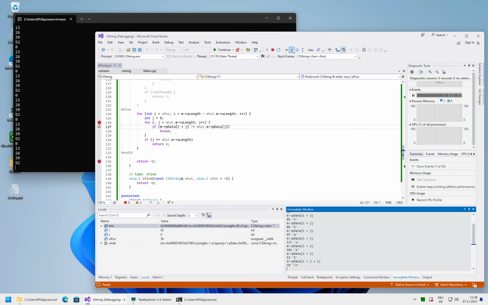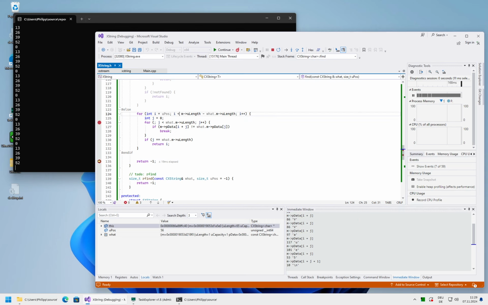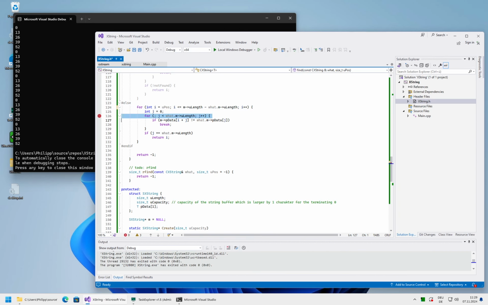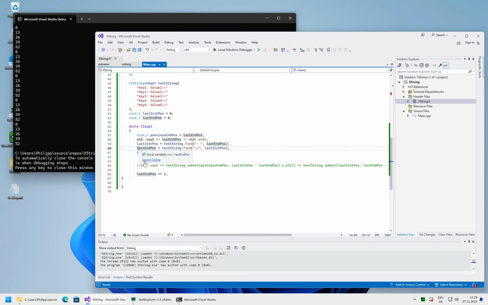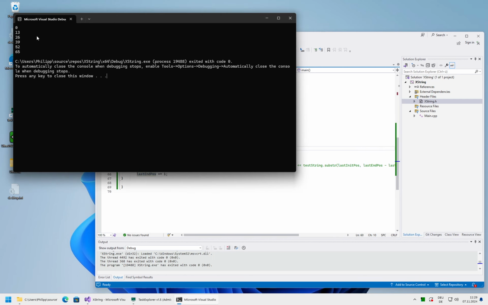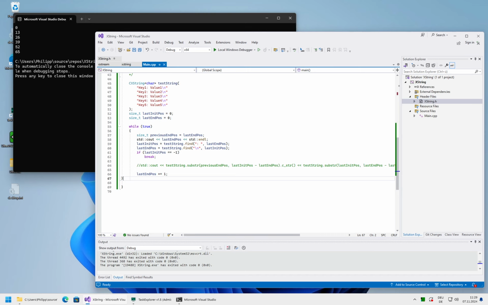So let's see. Here we don't match. We go one up. That needs to be equal. So this should fix one issue. Yeah, now we are terminating correctly.